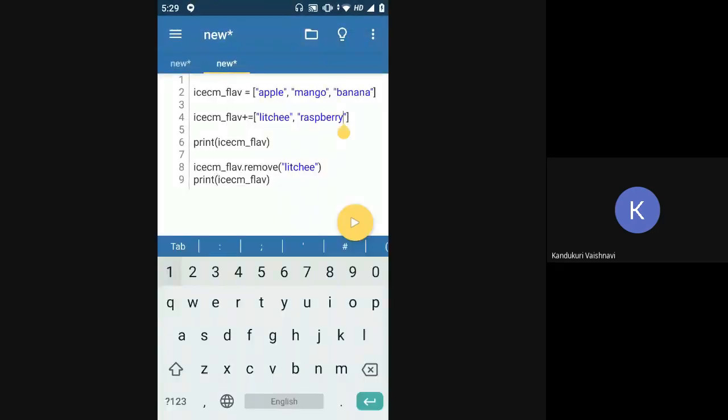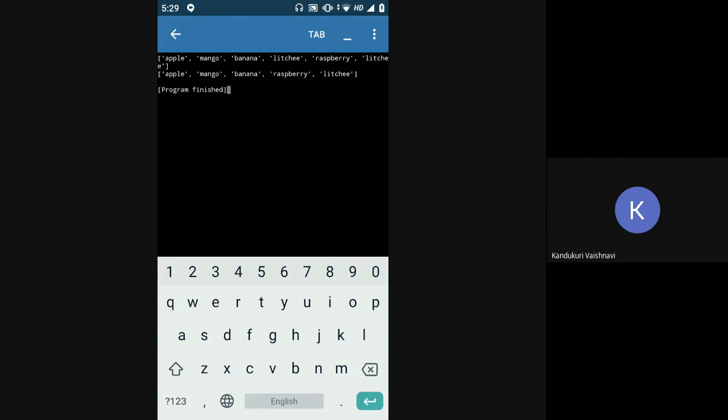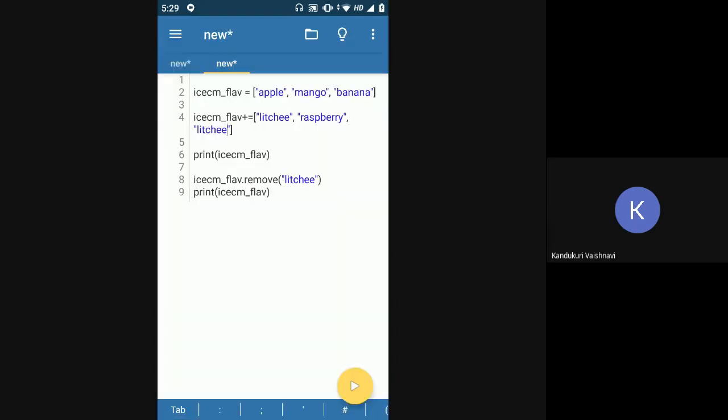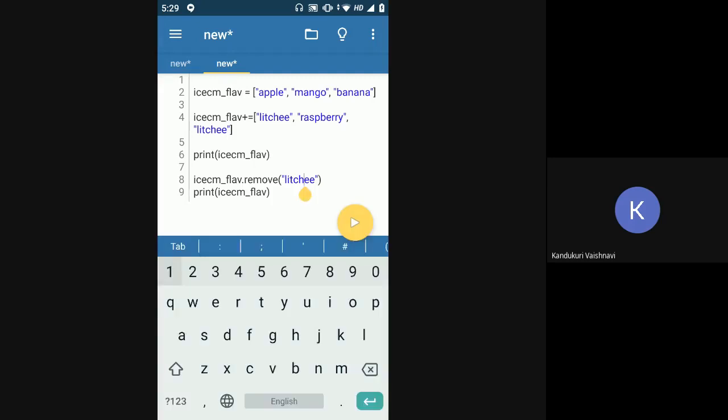I am just going to check this once. What if you have duplicate elements? Basically, remove takes out the first occurrence of whatever you put into it.